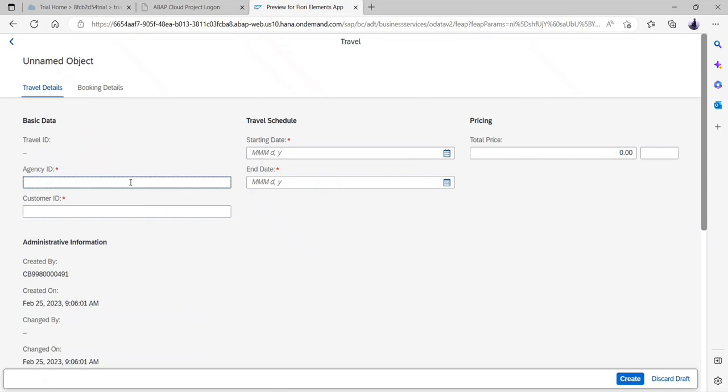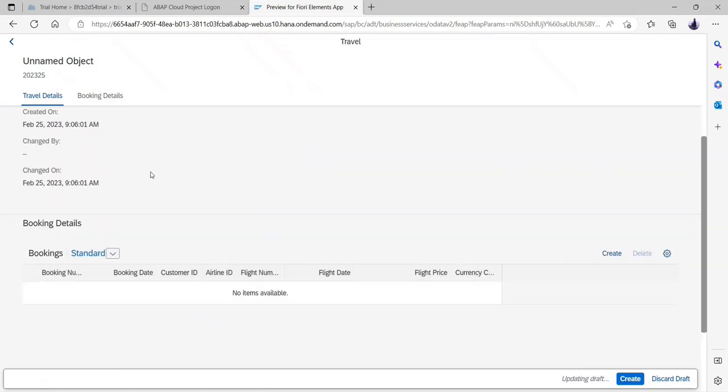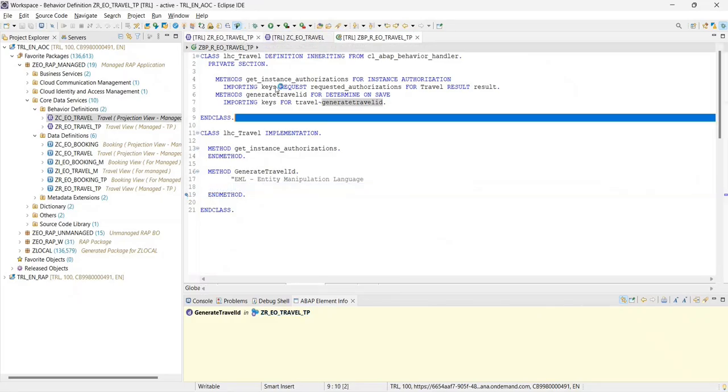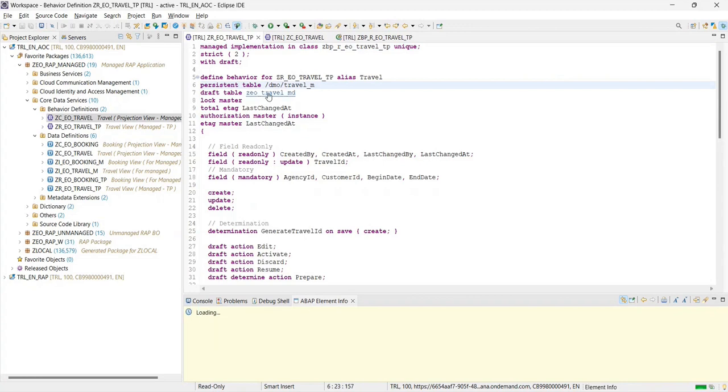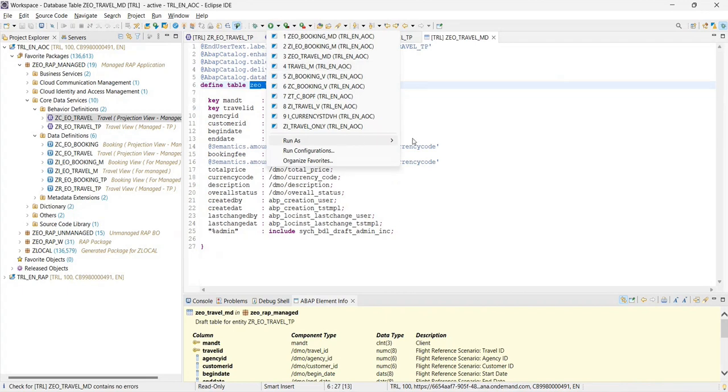One suggestion can be that, okay, if I'm just going over here, 2023 05, 2023, sorry, 25. I'll just say today, tomorrow, and I'll just say 100 US dollars, for example. Now, as you can see, I would have some sort of information over here called draft table. So if I just open this table, and if you try previewing the data of it,